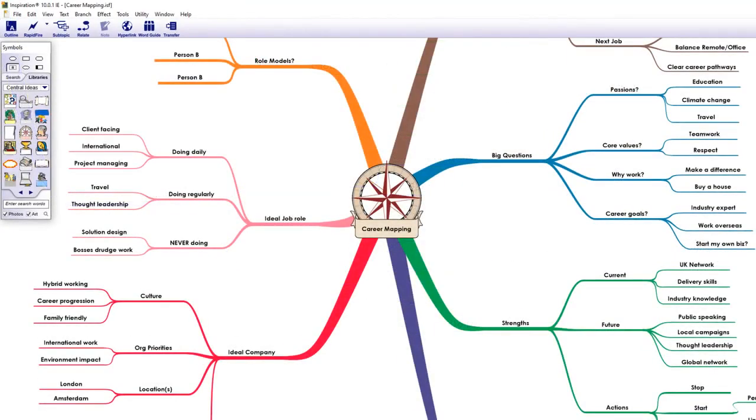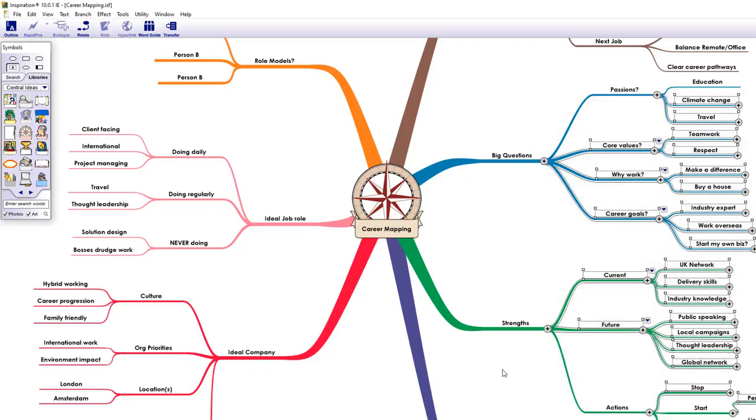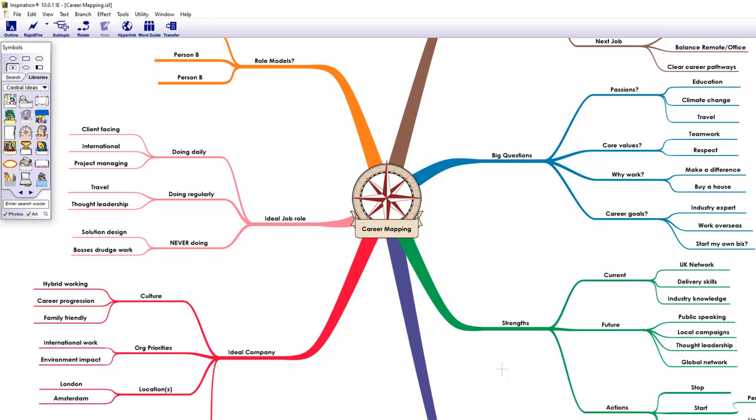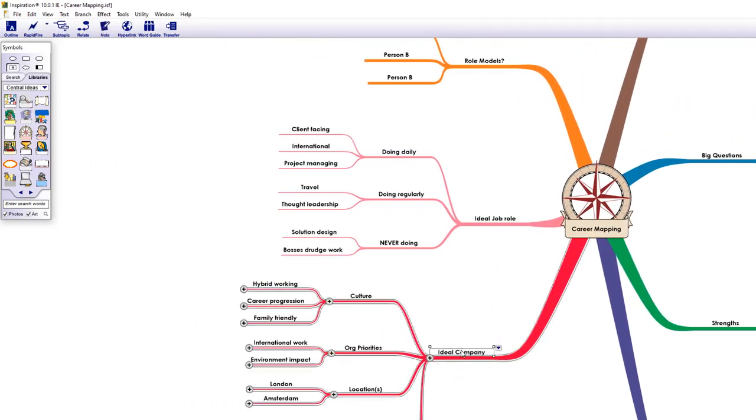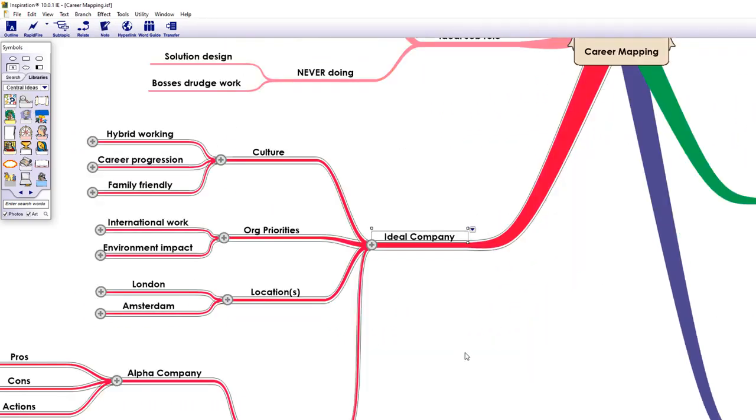Finally, when it comes to researching the companies and jobs that you might try to move into, the same Inspiration Mind Map can help us capture and manage key information and ideas as we navigate the job searching, applications, and interview processes. For example, after taking the time to reflect on what we are aiming for in the future, we're now ready to start researching companies and jobs perhaps that might fit with what we're looking for.